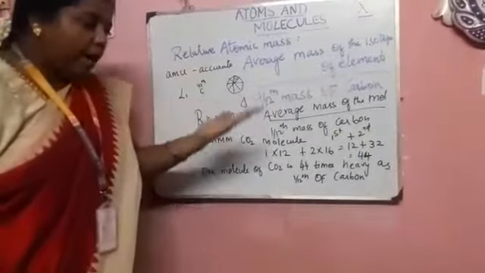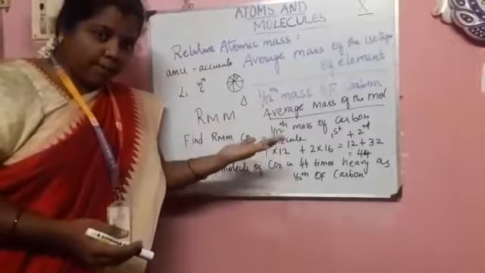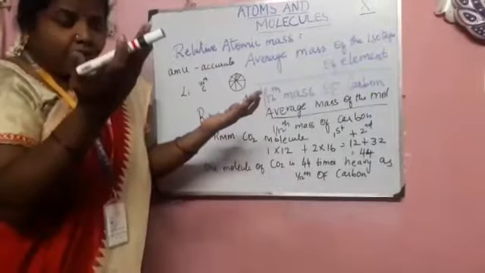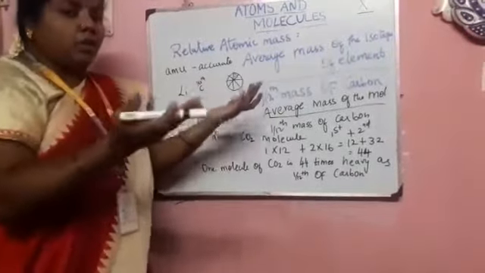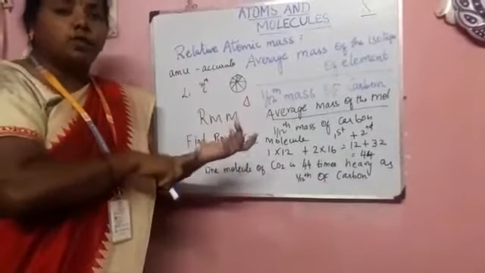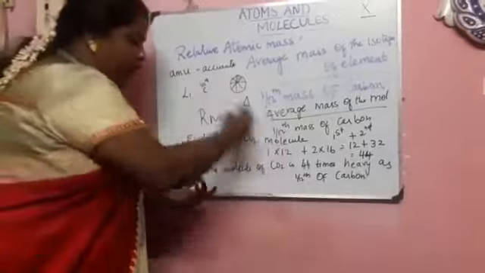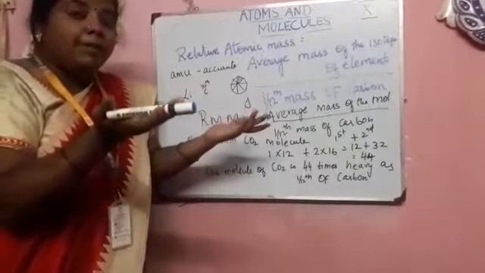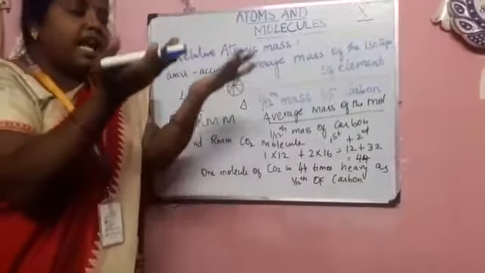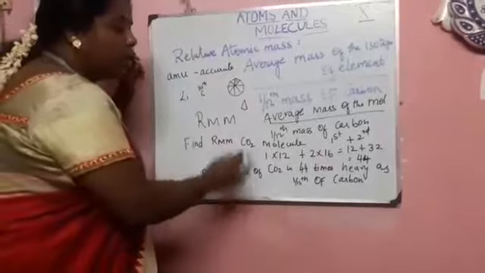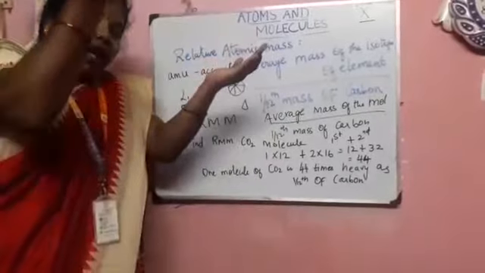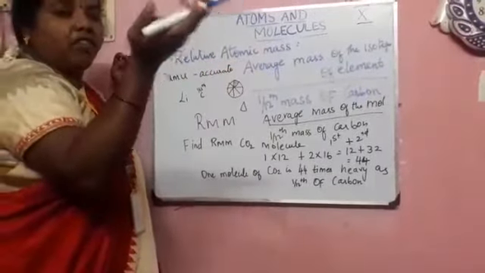That means in one pan of a balance, we have taken carbon dioxide. In the other pan, we have taken carbon. For lithium, we know it should be 3. For carbon dioxide, it is a molecule, so we have 3 atoms together. Then how will we find it? In this way. At last, how many carbon parts have been placed? 44 carbon parts have been placed in it. Then only it has been equalized. So one molecule of CO2 is 44 times as heavy as 1/12 of carbon.